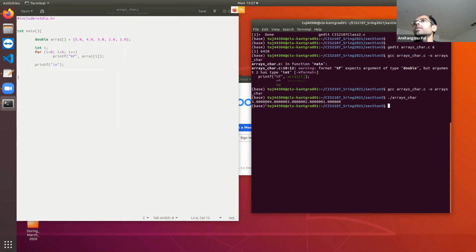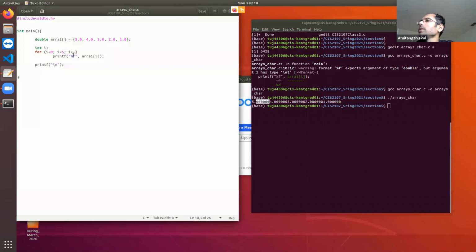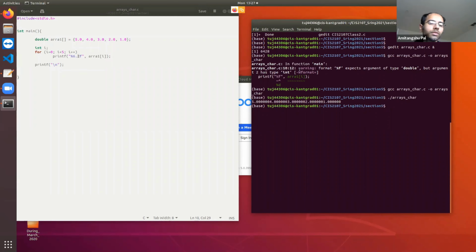So you can see that all these numbers are printed, but it's printed in a very cluttered fashion because 6 zeros are printed after these values, after point, and also there is no space. Okay, so you can use the previous trick that we have learned in the previous class. You can use 6.2 or something. That means in total it is going to take 6 space, and after point it is going to print 2 digits.